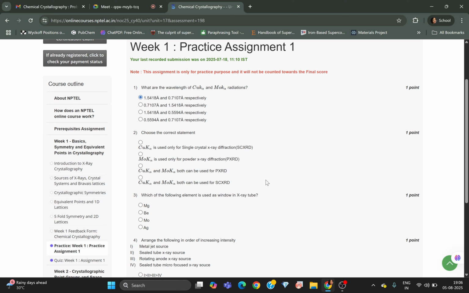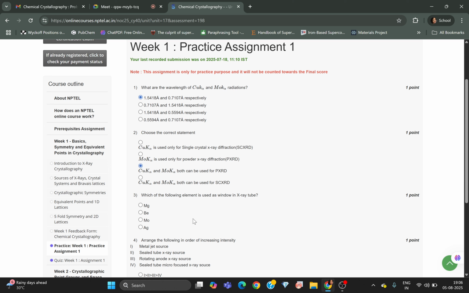Molybdenum is mostly used for single crystal XRD, and it is very useful for heavy elements also. But molybdenum K-alpha can also be used for powder XRD, particularly when the sample is highly absorbing or when a higher energy source is needed. So here comes the answer: copper K-alpha and molybdenum K-alpha both can be used for